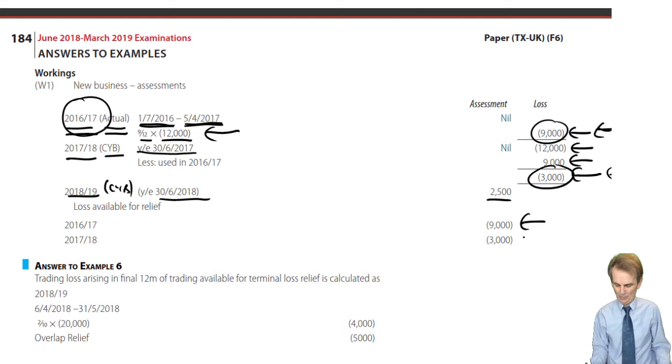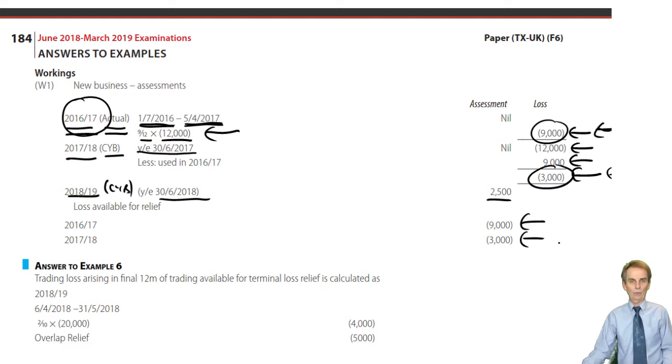So there is a summary of the losses available for relief. Now, we haven't been asked to identify all of the available options. We've been told very specifically to apply opening year's relief. So what you've got now, as I said earlier, is a lot of columns. You've got a very long writing out exercise,